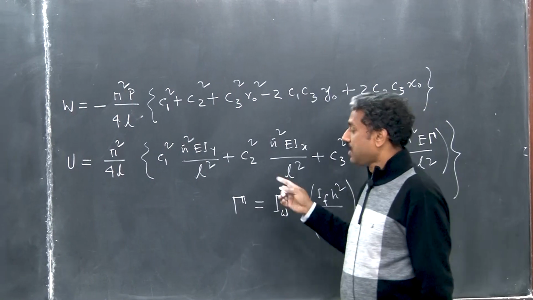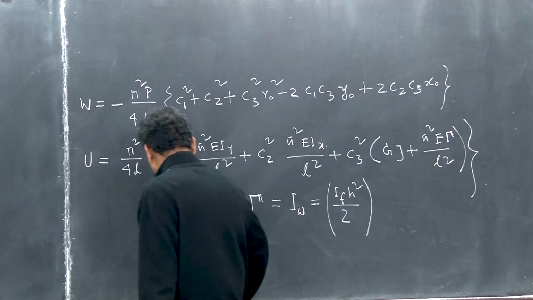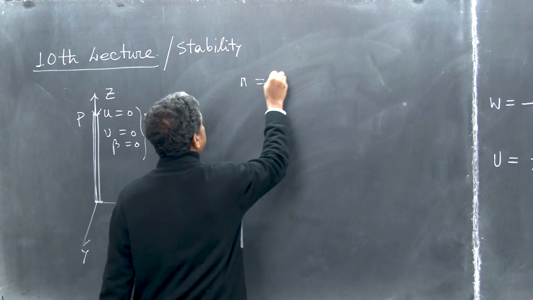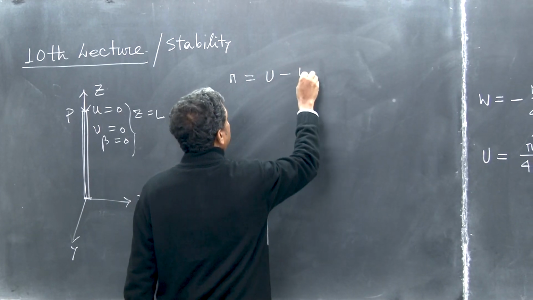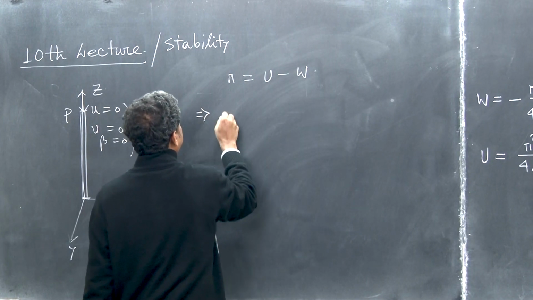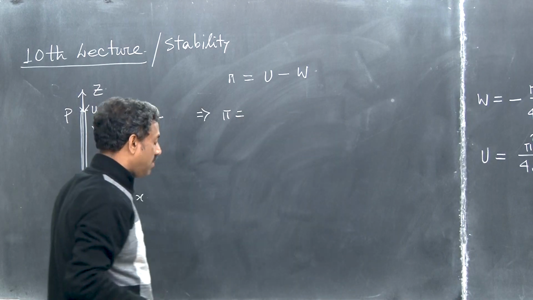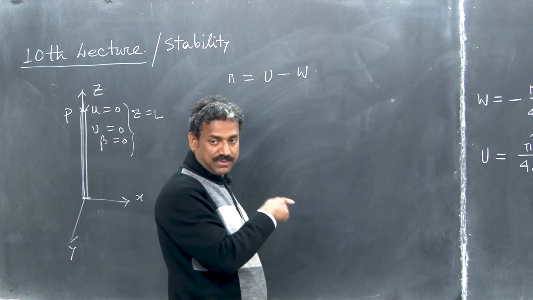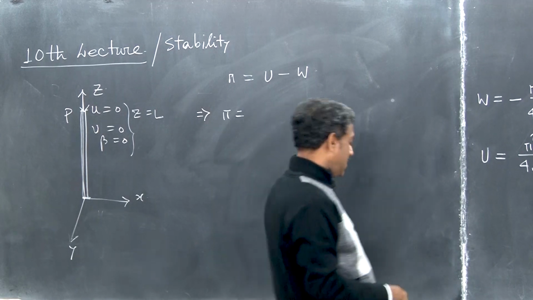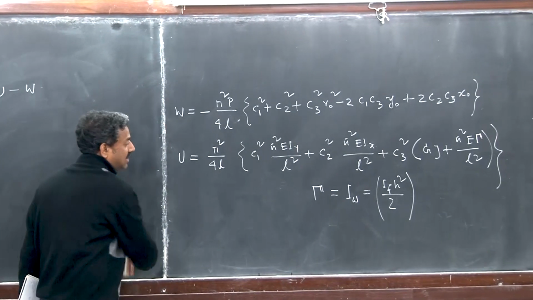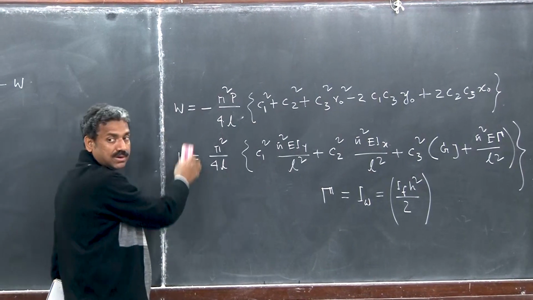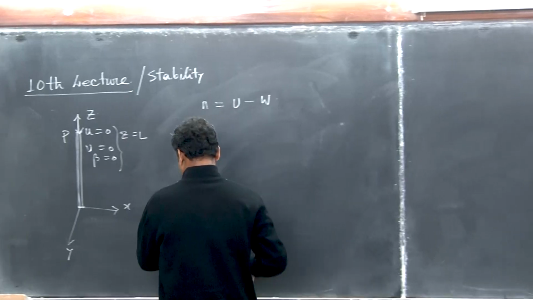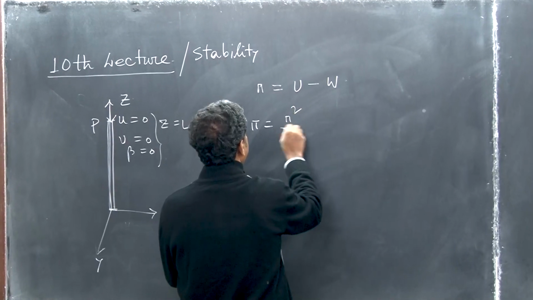So, that was okay. Now we obtain the total potential energy. Pi is nothing but U minus W, right? You can write down the full expression. I am going to write it, and through some simplification, some combining of the terms. That combination I am just explaining to you. Okay, I am removing this two, right? All of you have noted down, right? So why am I writing in this combination, because